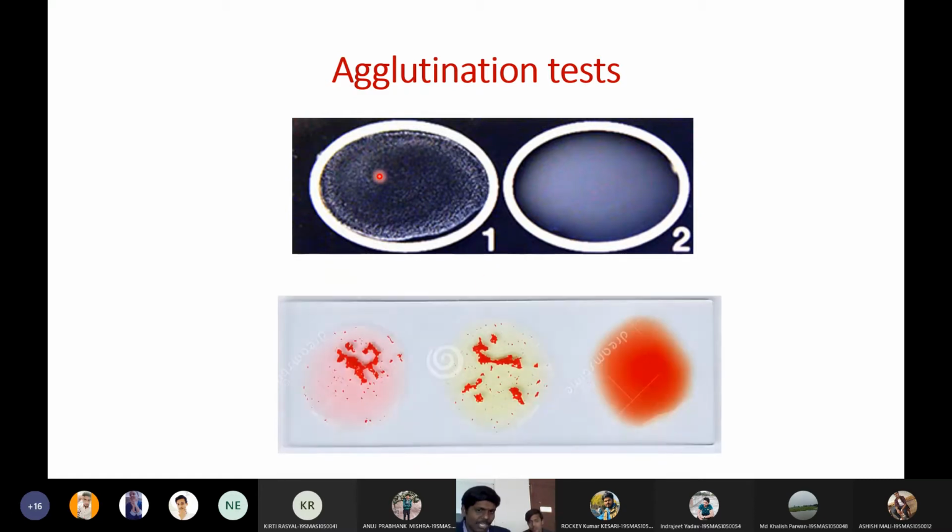Whereas agglutination looks like this. Very large clumps can be seen. Clumping and large particulate clumping can be seen in an agglutination reaction. Since in agglutination a particulate antigen is involved, the reaction will be very prominent. Compared to precipitation, agglutination is very prominent. And I said it wrong in the morning class. Agglutination reactions are more sensitive compared to precipitation reactions. That is the correct statement.